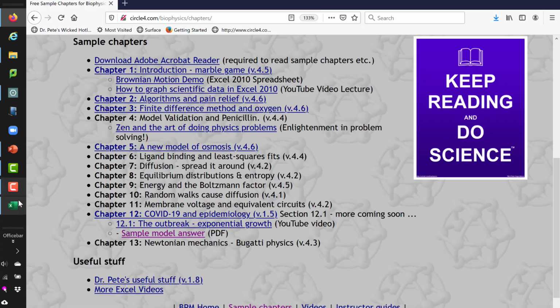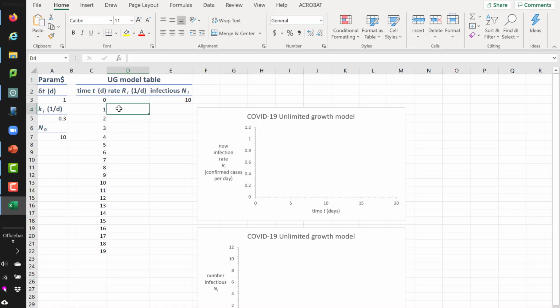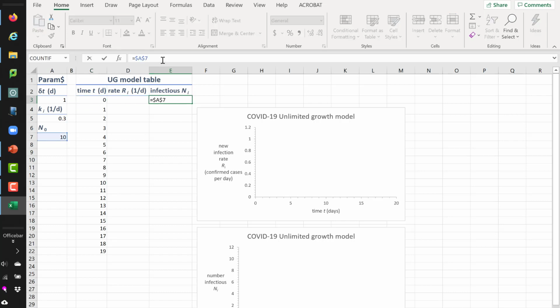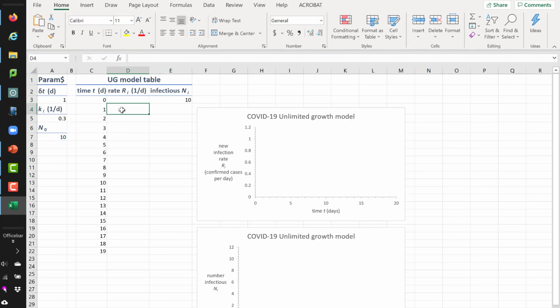So here we go in Excel. Let's just explain. We have numbers here for delta t. The delta t in days is 1 in the parameter column. Ki is 0.3 with units of per day, and n0 is 10. The time in step 0 is 0, and the number infectious is a formula that links back to this one. If you have trouble with this, go back to chapter 1, which explains how the Excel stuff works. What we want to do now is, in step 1, fill in this cell,